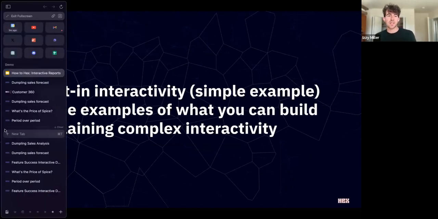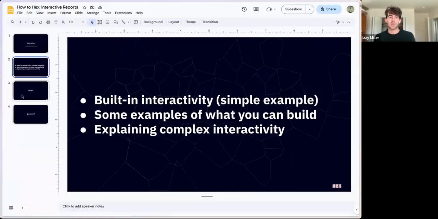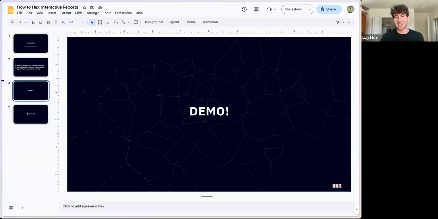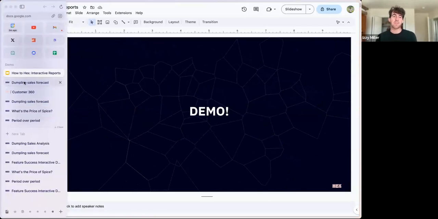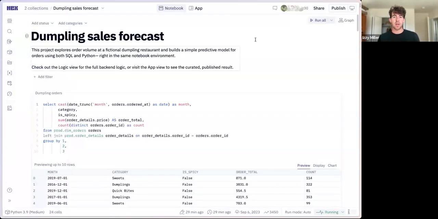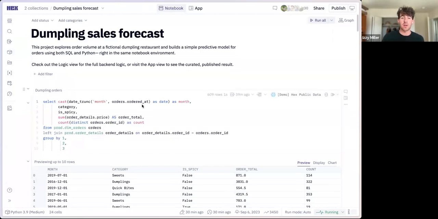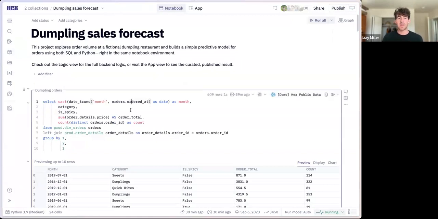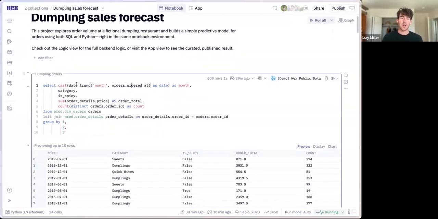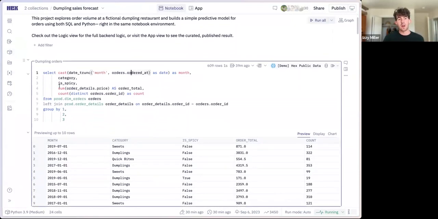Okay. Thus ends the slide portion of this presentation. The rest is going to be completely demos. Because we had some newbies, I am going to really quickly do an overview of what Hex is. If you've never seen Hex before, it's a notebook-based tool for doing data analysis and data science. And what that means is that you break your logic, whether it's SQL or Python or no code, up into